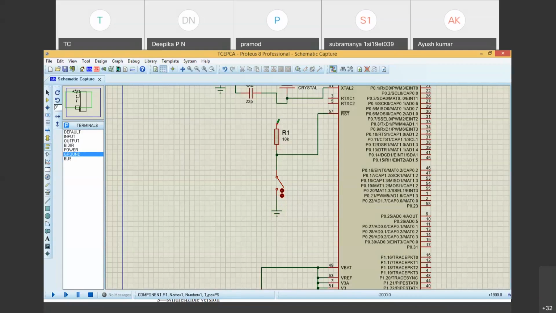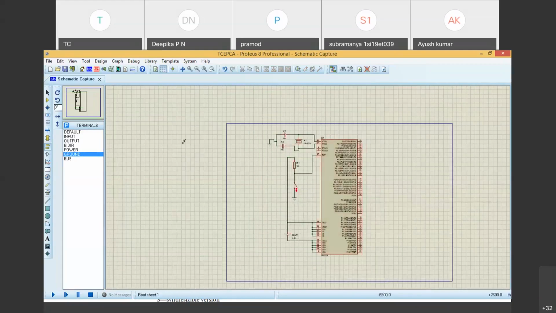Next, bring the other end of this resistor and connect it to VCC. VCC means positive. That's all. This is the minimum connection required for all the experiments with respect to hardware realization of all the codes using the real LPC2148 IC; here 2138 is used.